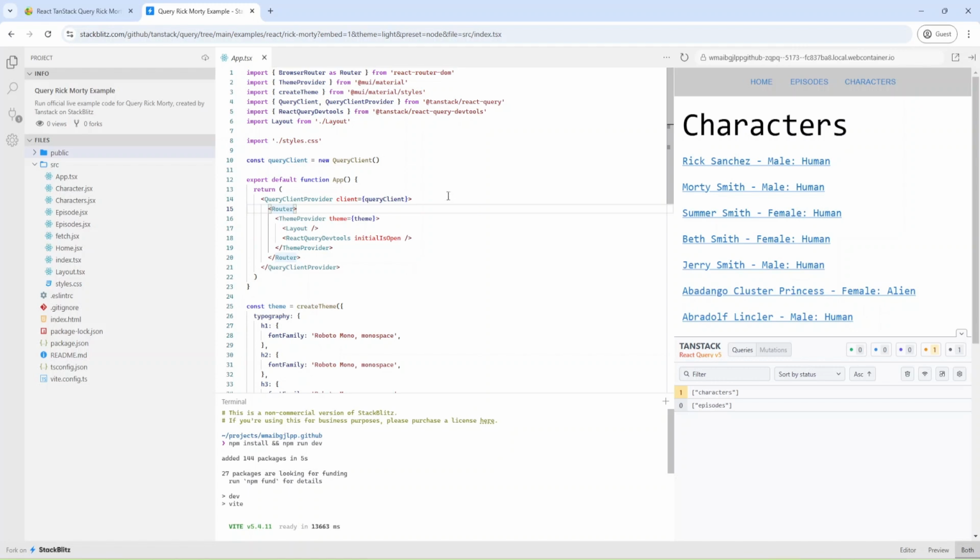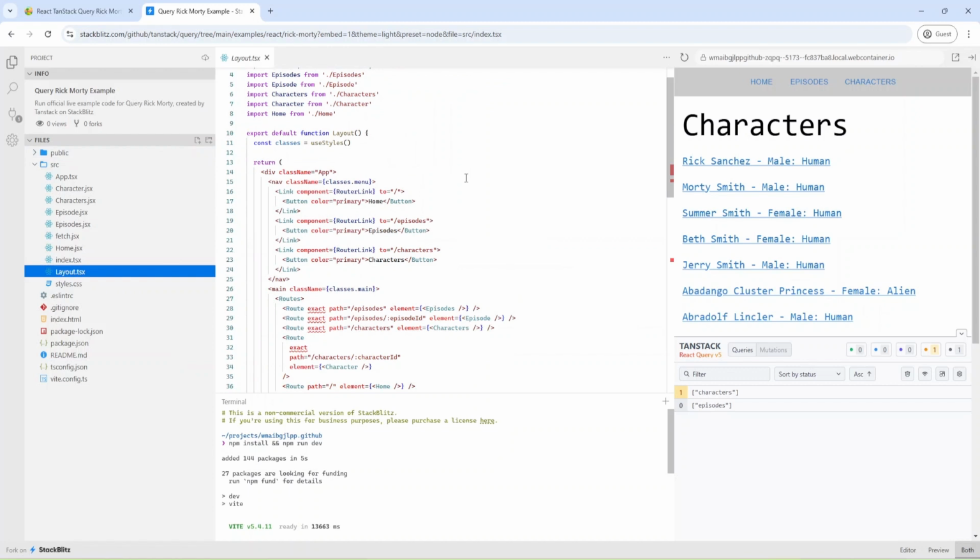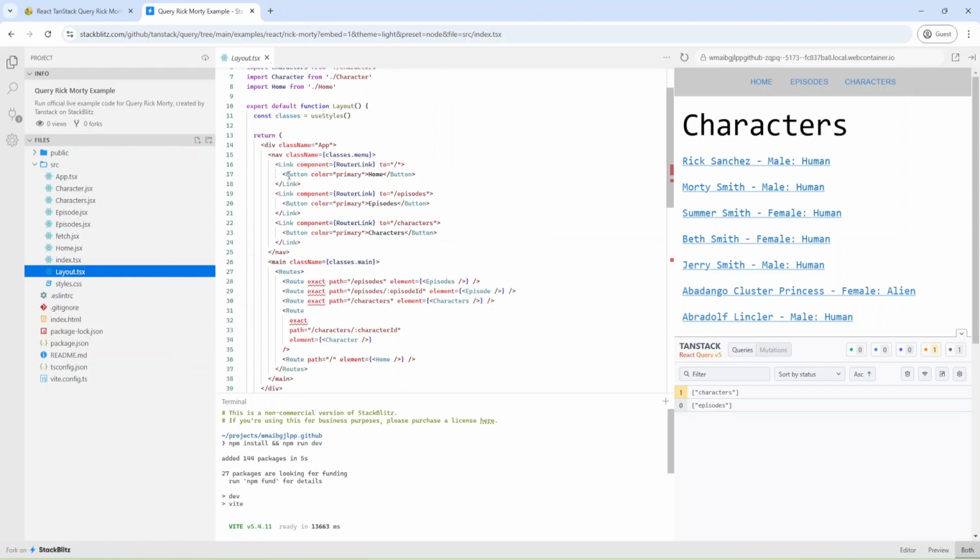And let's check layout. We have layout, and also we have React Query DevTools, and as you can see, the DevTools are displayed here. Let's go to layout and check it. Inside layout, we have button home and also button episodes and button characters.